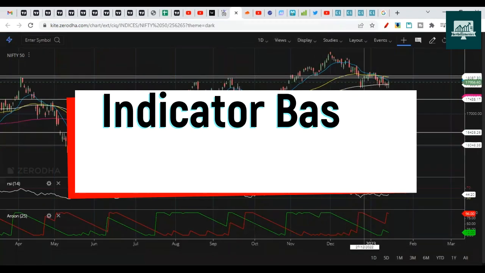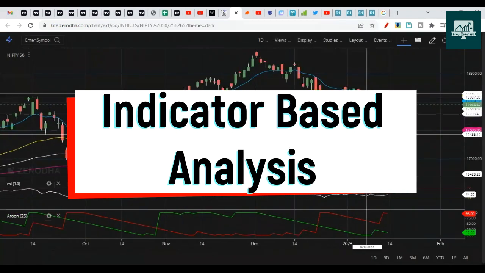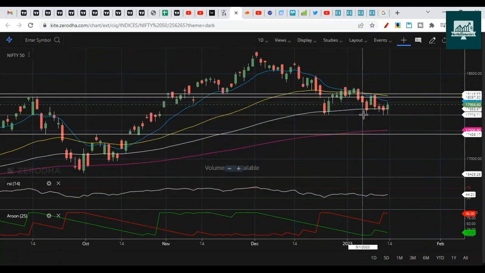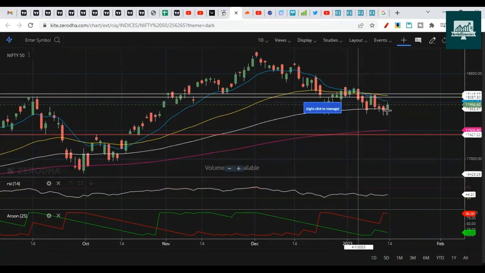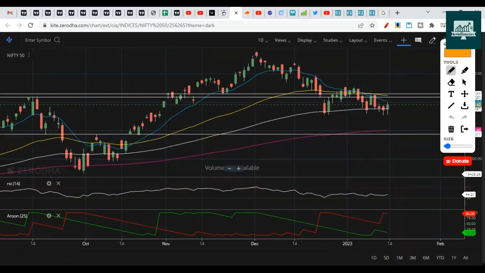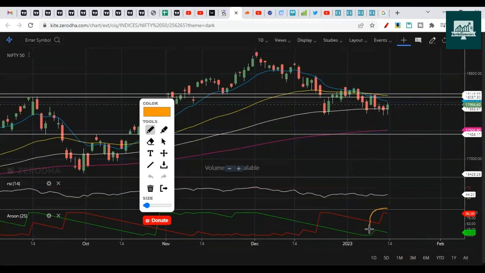So the indicators analysis is again telling us that this is acting as a major support, 17,770. It bounced again one more time here. And yeah, the main thing that happened this week is the Aroon indicator turned bearish again. It was sideways, it went towards 50. I was thinking that it will go sideways and then give a breakout on the upside. But in the last 3 sessions before Friday, we saw selling that turned Aroon again into bearish territory.